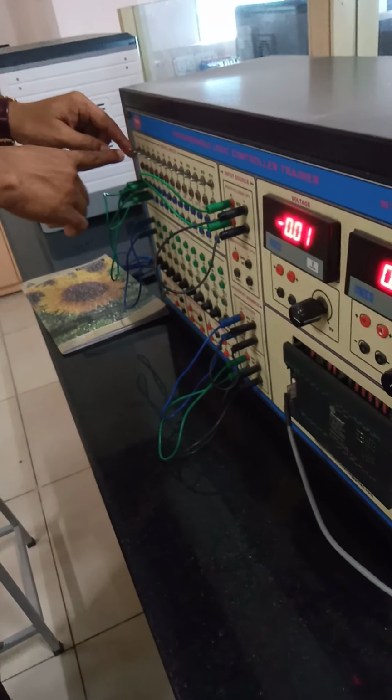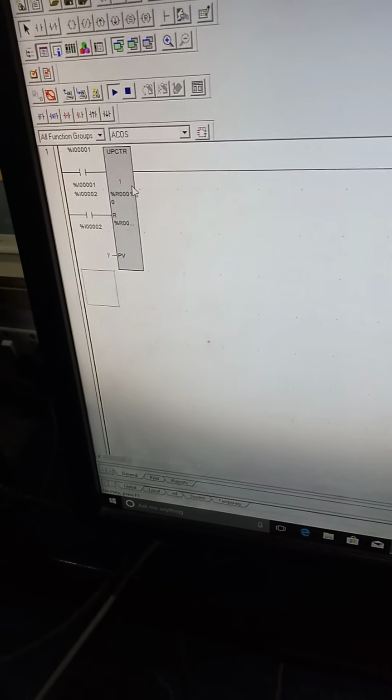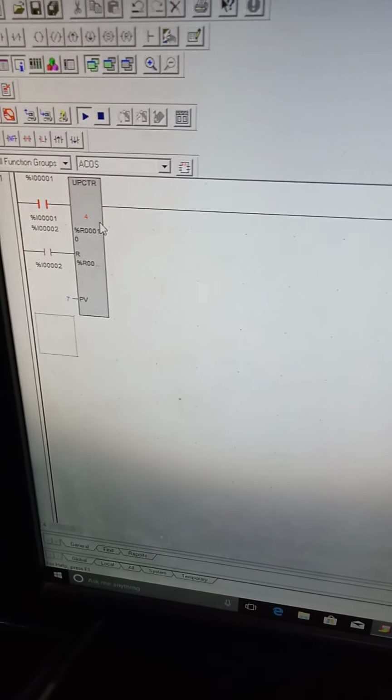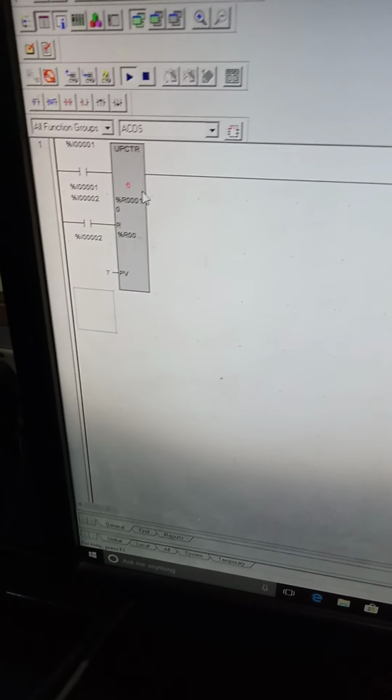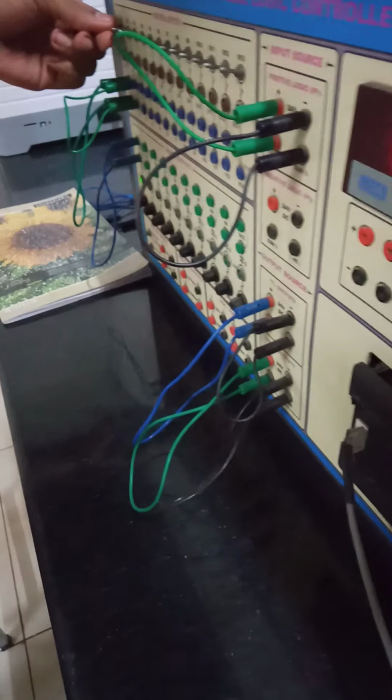So you can watch here in the switch where it is operated, or here you can see in the simulator, there you can see the numbers will be changing from 0. Now first time I have operated, switch on and switch off, second time, every time it goes from off to on, it will be counting 2, 3, 4, 5, 6, 7. Now my output is on. So if you go forward also, still it will count, but my output is still on. So this is up counting, okay, up counter.